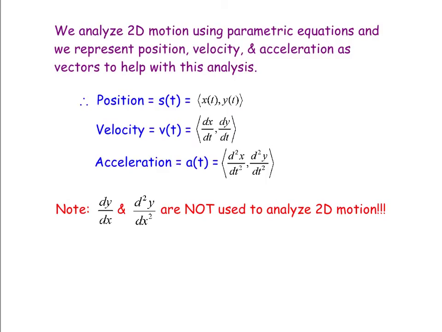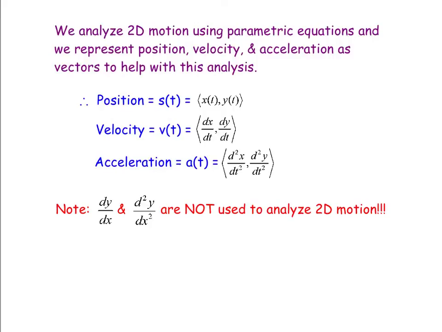Now that we have a background on vectors, we're ready to perform our analysis of two-dimensional motion. In that analysis, we're going to utilize both those vectors as well as parametric equations to look at similar things that we examined when we looked at one-dimensional motion. So, in particular, we analyze two-dimensional motion using parametric equations, and we represent position, velocity, and acceleration as vectors to